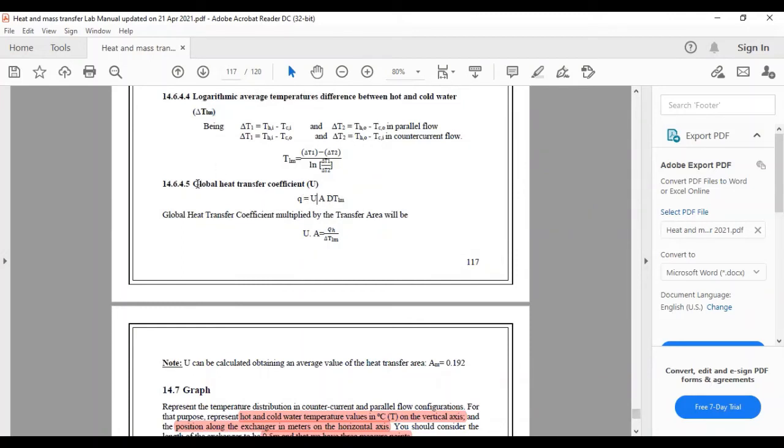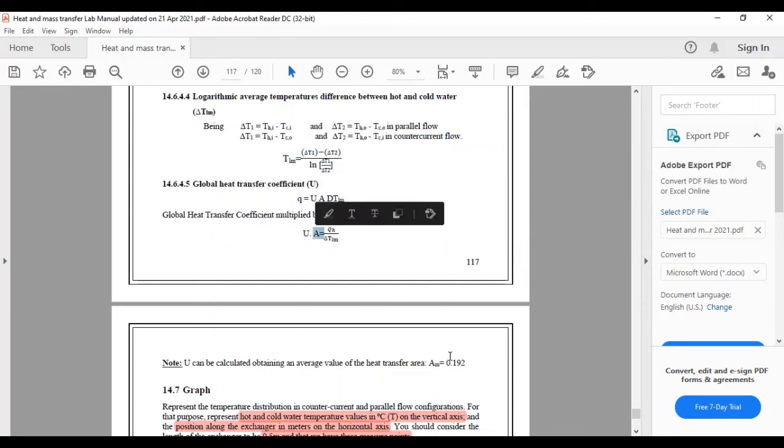U is basically the global heat transfer coefficient. We will write this formula in this way: U times A is equal to Q over delta T. This Q is basically QH. We can also use QC, meaning the heat transferred from hot water to cold water should ideally be the same, but there will be some difference. So we can use both values here, and we are using QH at this stage. Delta T, basically this TLM, is the same as delta TLM. So we will get the values.